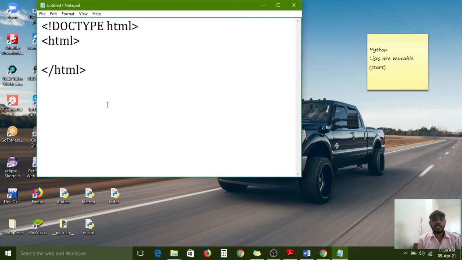Because after that, CSS, cascading style sheets, will come in the next unit. And after that, the JavaScript option is also there. JavaScript is also a programming language, a scripting language. So we compulsorily need to use lowercase characters, because JavaScript is a case sensitive programming language.